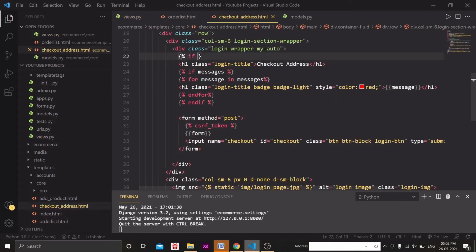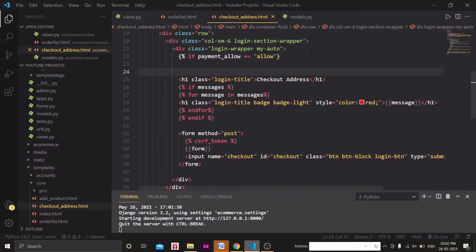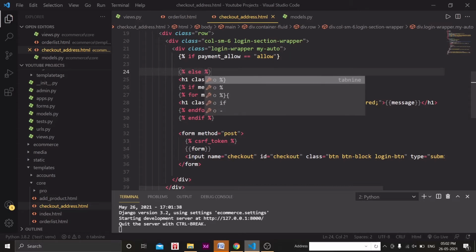So what we can say, if payment allow equal to allow, you can give number also, I think this should work. Okay, so if payment allow equal to allow, if this thing is there, then we will write some code that I am going to show you in couple of seconds. Else we will write this, right?